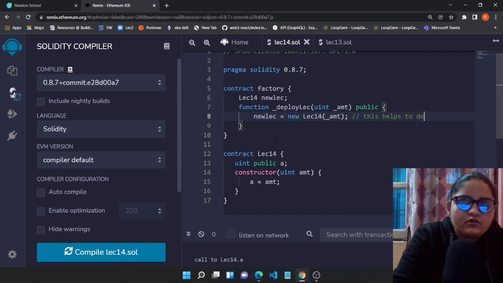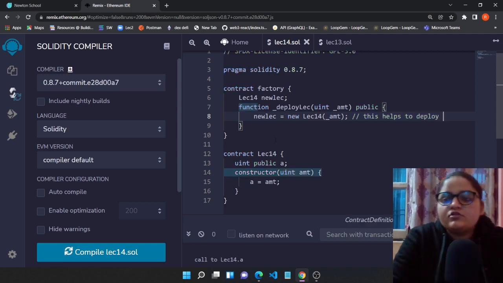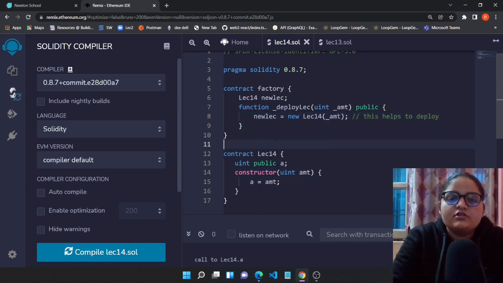If you have used Truffle, we know that the migration contract basically helps us to create any new contract that we want to deploy using Truffle. Same way we are doing this. So yeah, I just told you the basics of how you can deploy one contract using another contract which is already deployed.